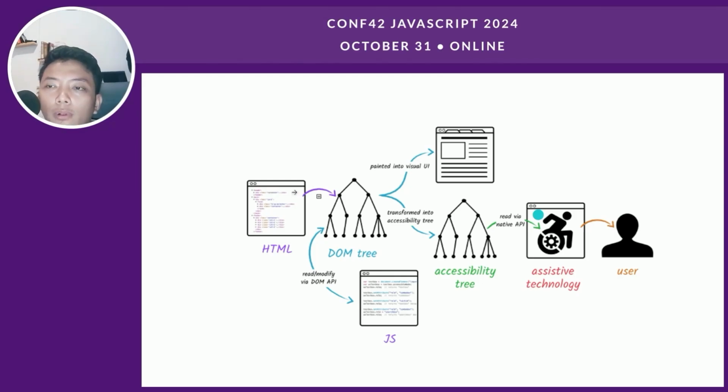For people with a disability, the HTML code that we program earlier, for example, components, is compiled in the browser into the DOM tree, and then it is defined whether it's JS or HTML, and then output to the user interface, which we can see in the browser using our monitor or something else. But for users with visual disabilities,